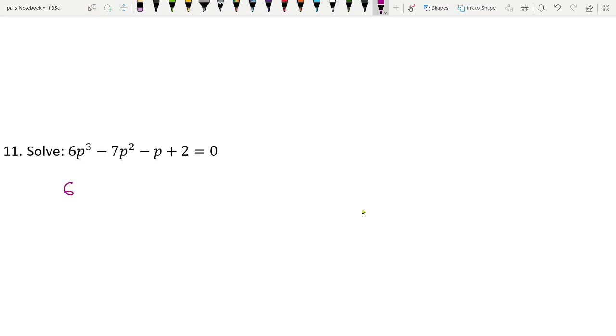It is 6p cube minus 7p square minus p plus 2 is equal to 0. Here initially you put p is equal to 1. What it implies, if you take p is 1, it is 6 minus 7 minus